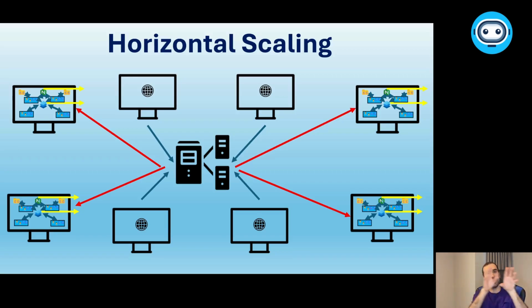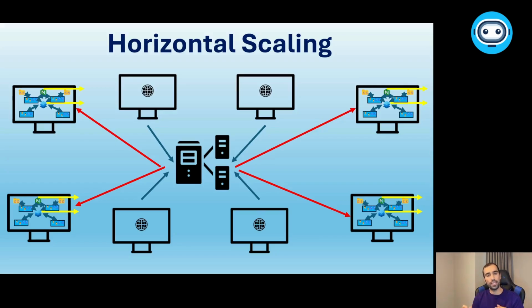So this time, instead of sending the request directly to a web server, browsers or users will send the request to a load balancer. Again, the load balancer plays the critical role of distributing the request across different nodes.